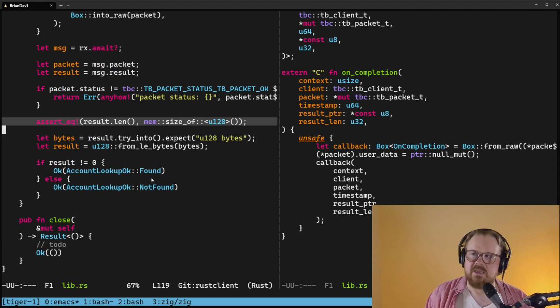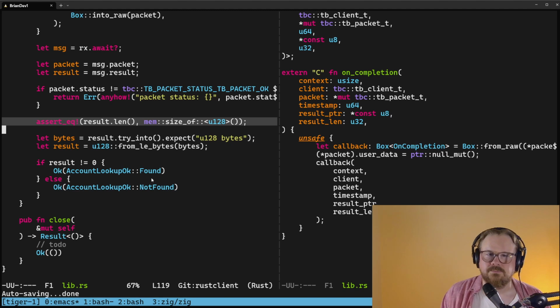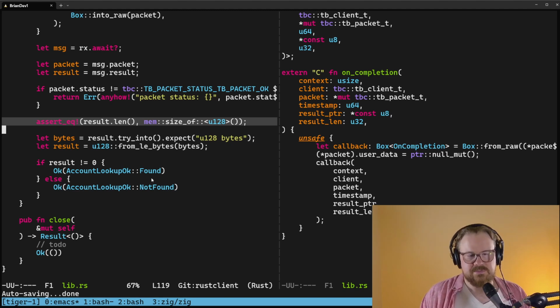So this is making me think, if I find the account, is the result a u128 containing that account ID again? And if I don't find the account, the result is just unallocated, a pointer to nothing. Is that how this operation works? That's my new hypothesis. Anyway, let's go turn on the REPL